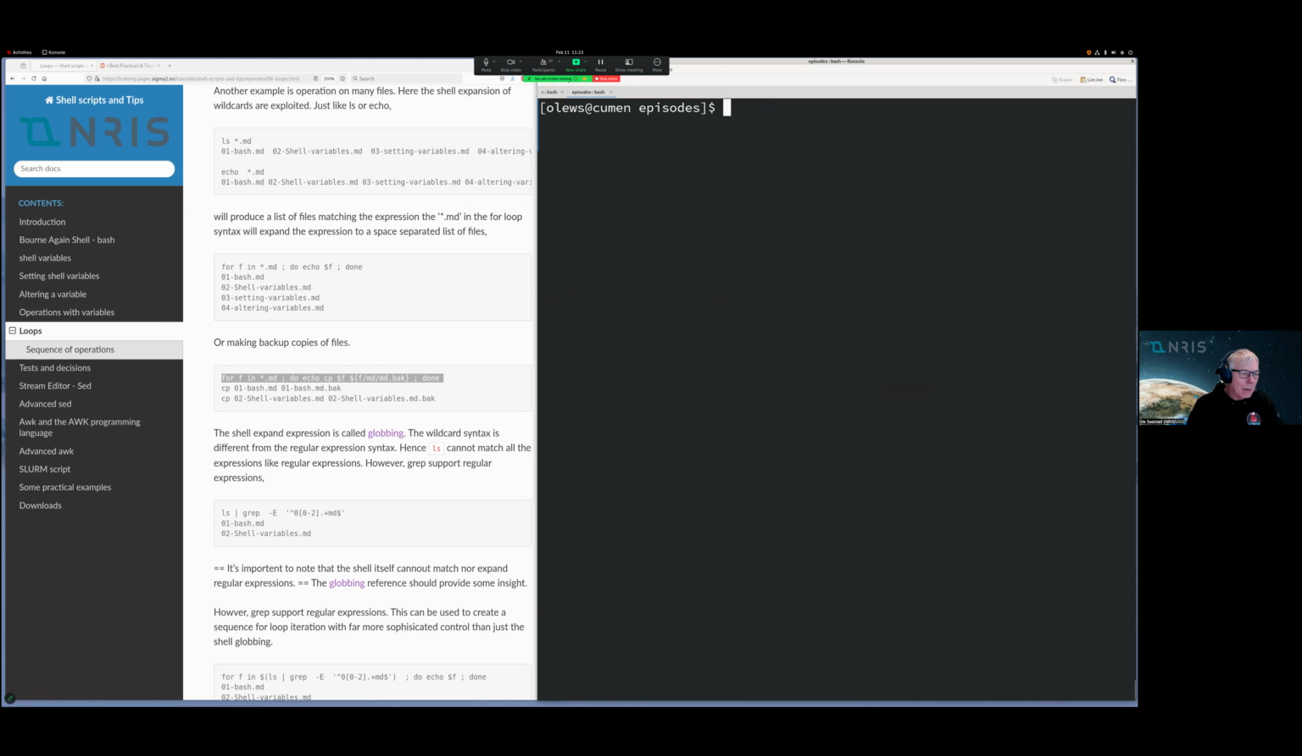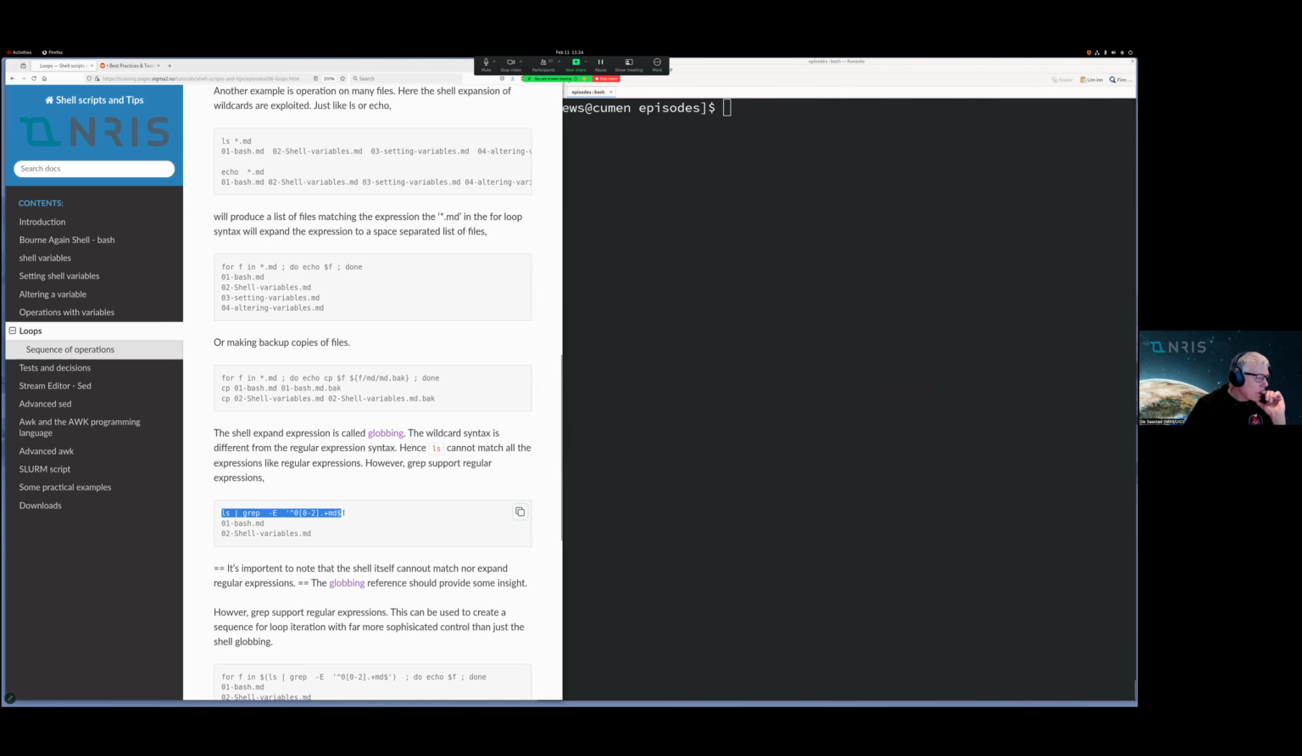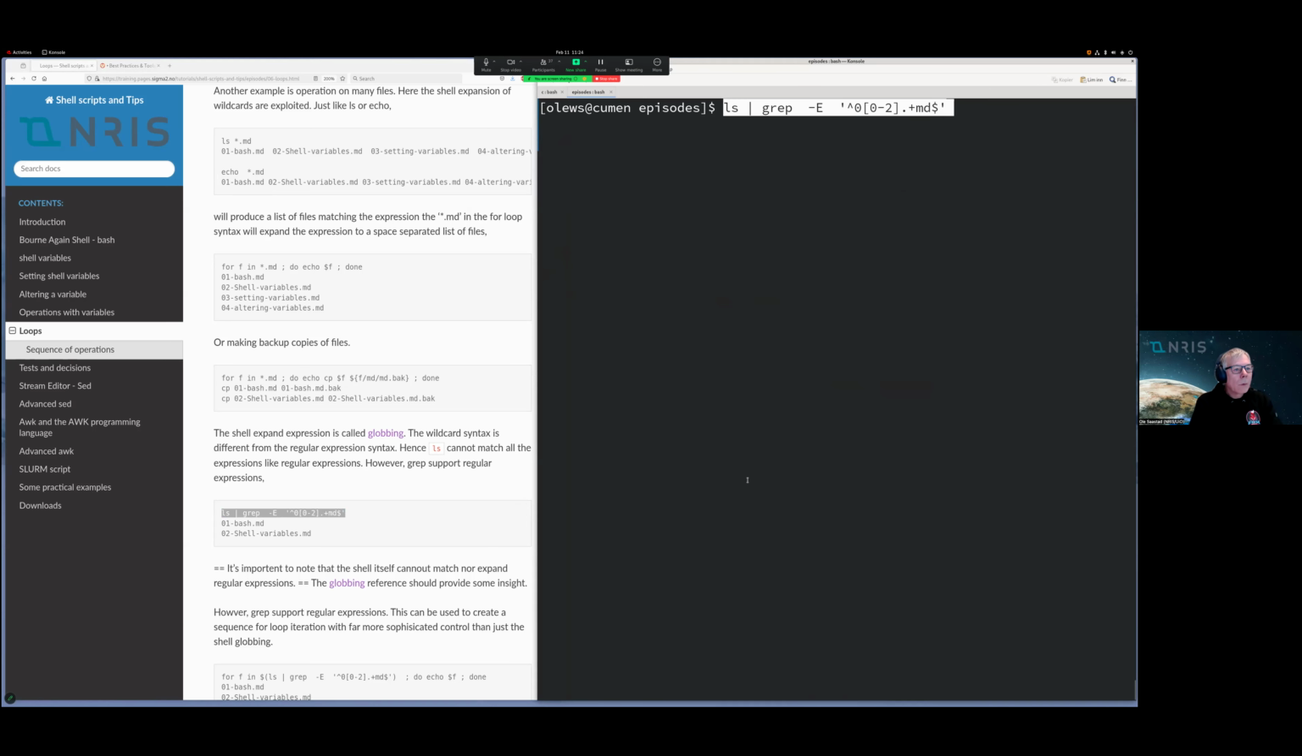Just print out all the files. We can limit it using this expression in front of here. So this expression, the hat means beginning of line, and the dollar means end of line. So MD has to be at the end of line, 0 has to be on the first line, and then